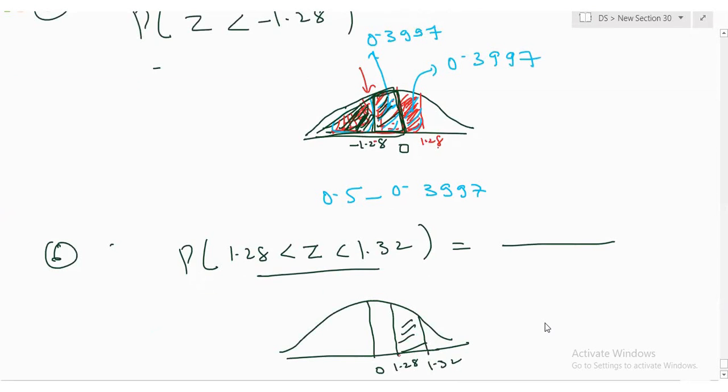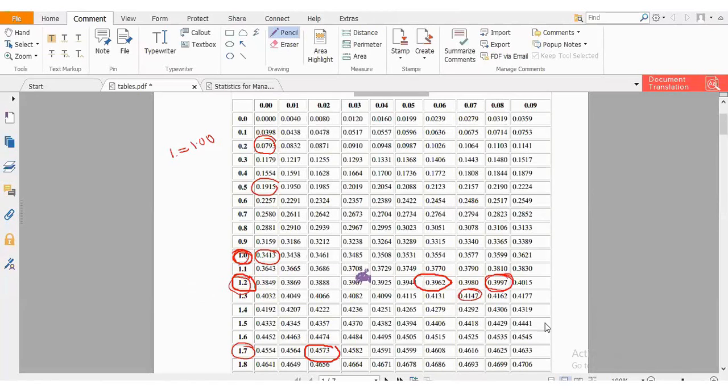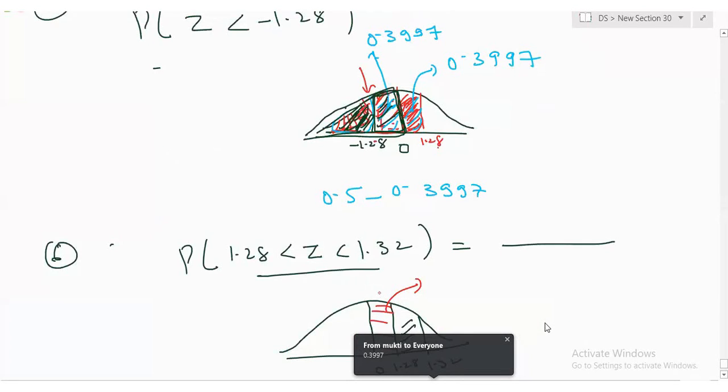First, my tables are giving the area from this to this. How much did we get? Let me go and refer. 1.28, 0.3997. 0.3997. Now I want to find out